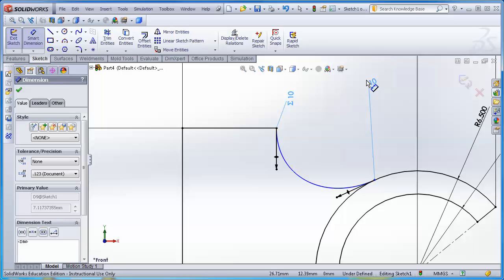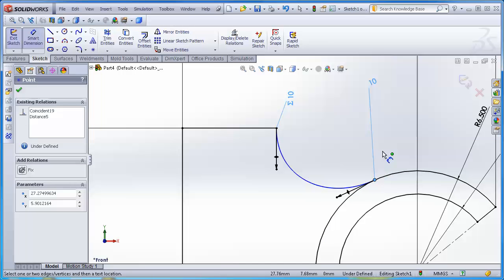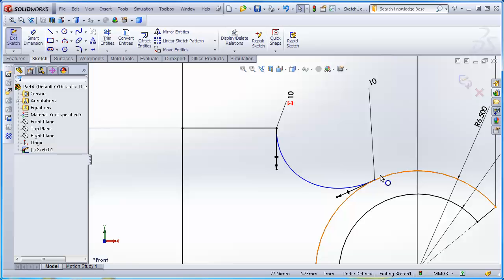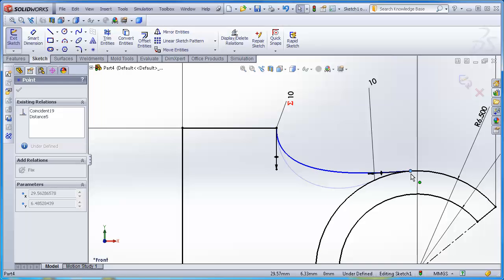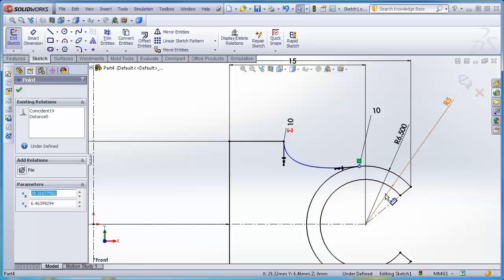Now, even with these two 10s fully set, I don't have a completely defined spline. Apparently something can still move. Oh, let me hit escape, get out of those. Let's see what's movable about this thing. Even though I've got the tangency kicked in, I can move this a lot of different places and still maintain the tangency. The drawing doesn't have any information on what's going on,